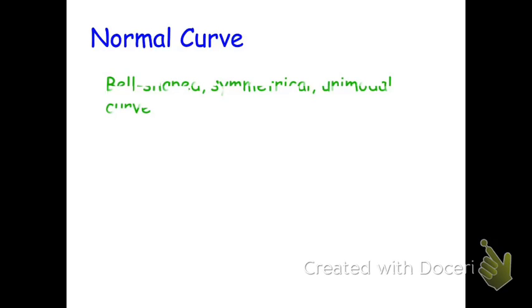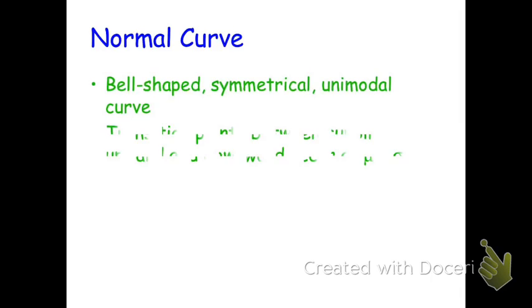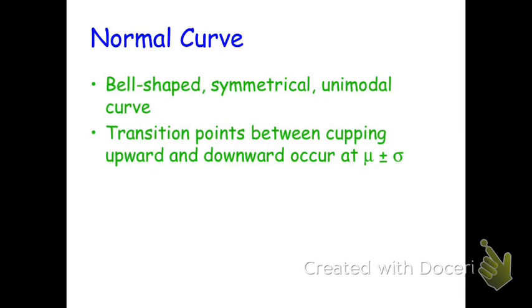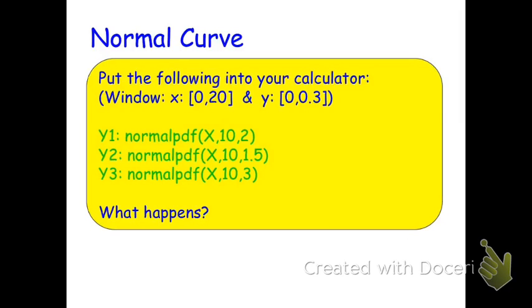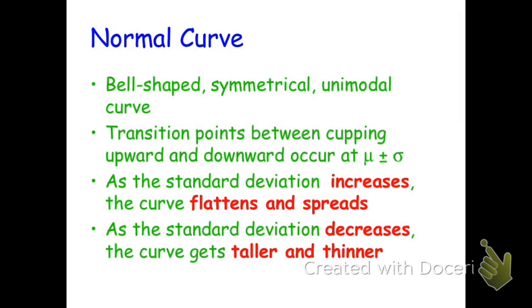So facts about the normal curve: it is bell-shaped, symmetrical, unimodal, looks exactly like this, and it never, ever changes the shape. It looks identical to this. It is always centered at the mean. So the middle point is your mean, or the average, and then it goes out about 3 standard deviations on each side. So I'll show you kind of in a minute what it looks like. We're going to skip the calculator part for right now, and we'll come back to it with our new notes. 2 facts that you do need to have